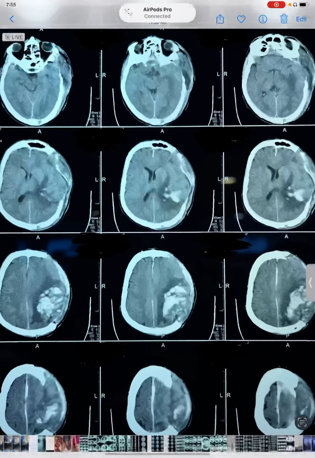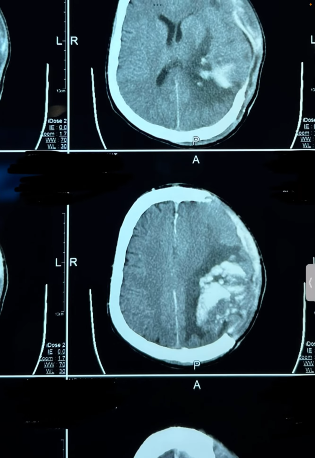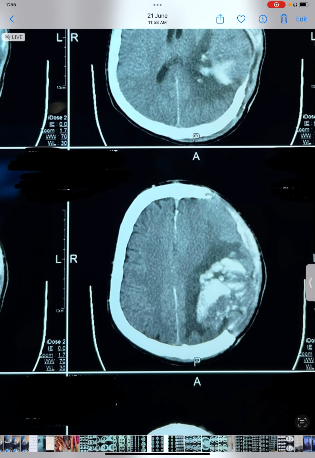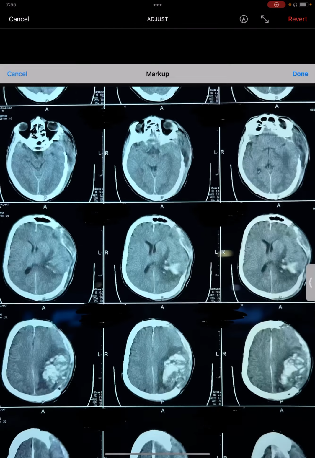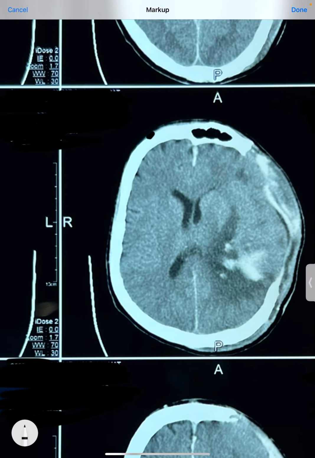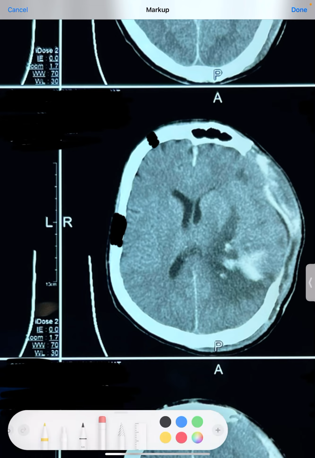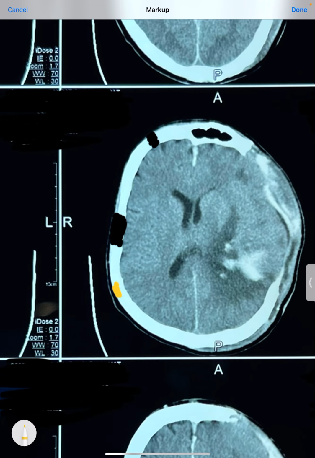CT scan film where we'll be seeing some of the very good findings. Now, this is a CT scan of the brain because we can very nicely make out this skull, which is dense white. So, dense white skull, whenever it is very clear cut, it means it is a CT scan of the brain, because in MRI, you don't see this much bright white skull. So as we can very clearly see that this dense white structure is there, this is 100% for sure